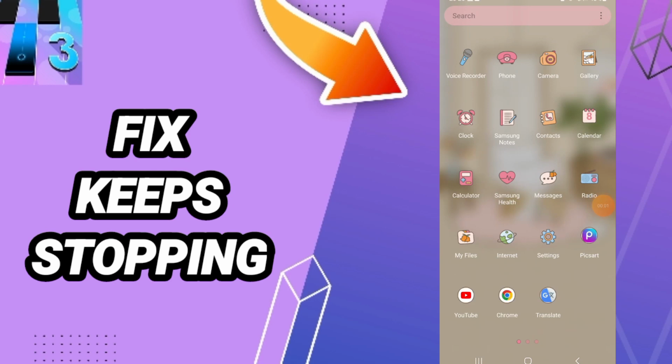Hi everybody, today we'll talk about how to fix or how to solve the problem of keeps stopping on Magic